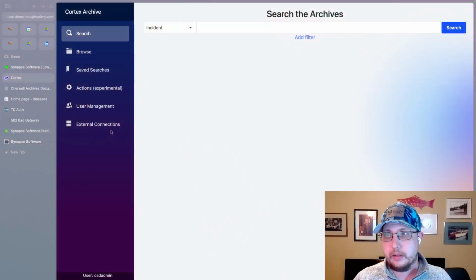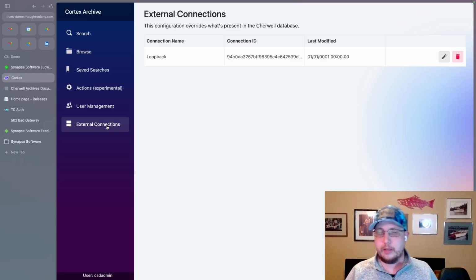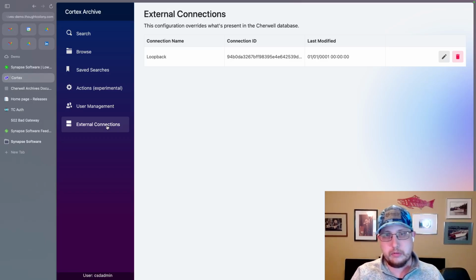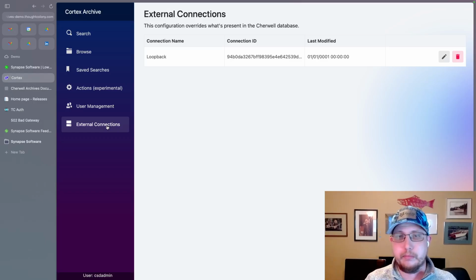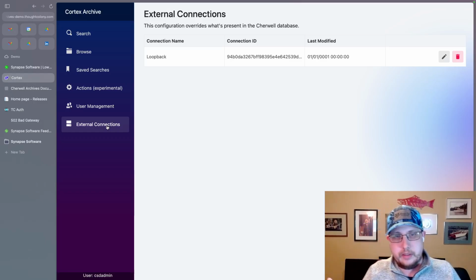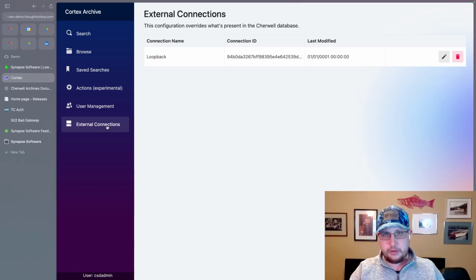So with that, let's talk about external connections. Last week, I demoed this external connections screen and this table that lists the external connections that are configured in your Cherwell system. In my particular Cherwell system, I only have one. It's a loopback connection, so basically it connects to the same database that Cherwell has all of its data in. This is useful to get back to things like the trebuchet deaths table or the security groups table, that sort